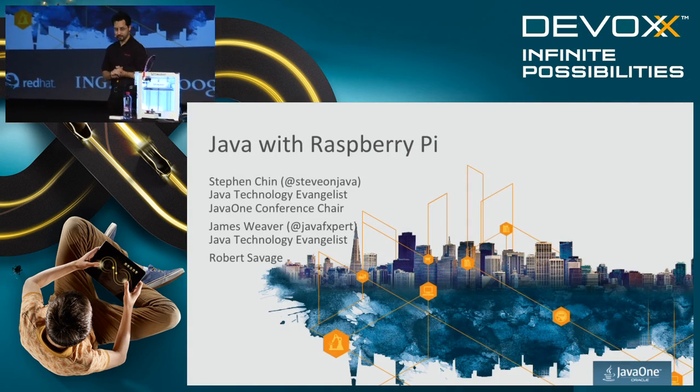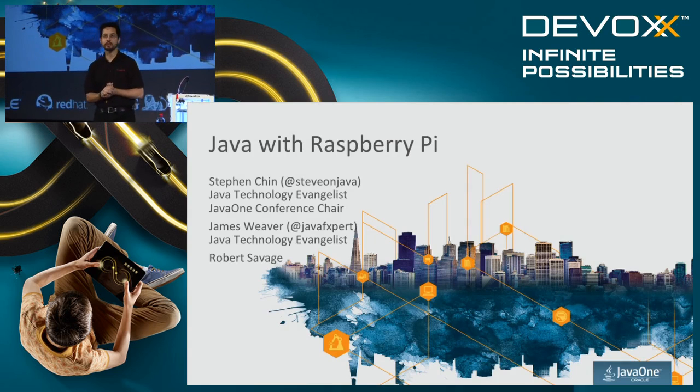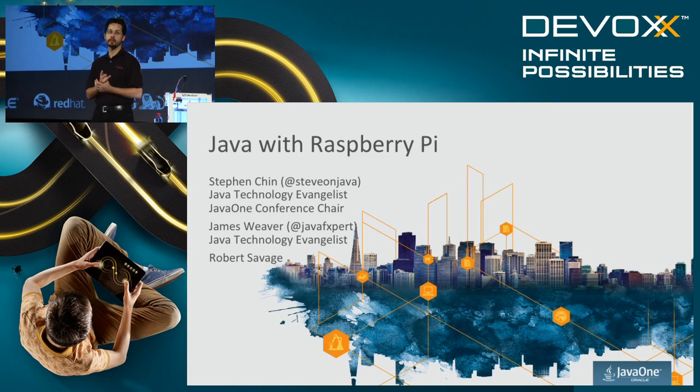Okay, so Jim showed you some excellent examples of how you can use the Raspberry Pi with Java ME technology to access a GPS, do all sorts of cool stuff. Robert has been launching rockets on stage, so that's going to be hard to top. But what I'm going to do is show you some demos and examples of things you can do with the Raspberry Pi that you may not have thought about. So I have some cool